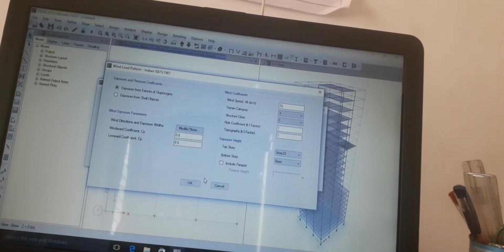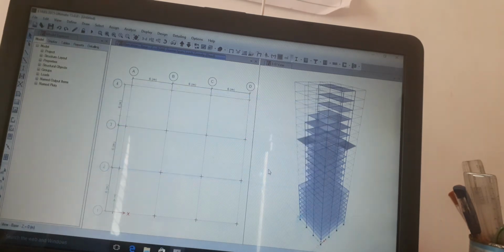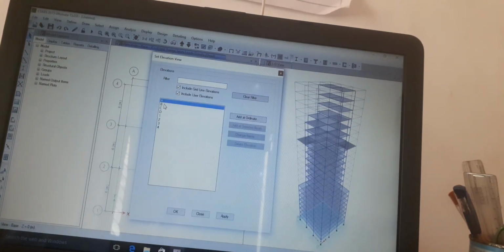As per IS 875 part 3 1987, consider the building in Bangalore, that is why wind speed is 30, terrain category is 3 and structure class is C, risk coefficient is 1 and topography is also 1. OK. Click on elevation and here click on OK.